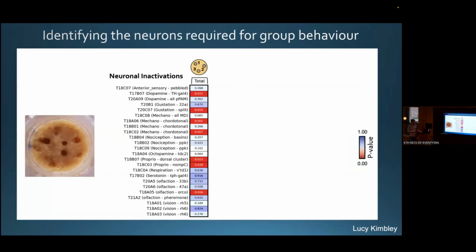But since we have this machine learning model that allows us to quantify this, we can look at many more things than just the number of holes. So we also look at